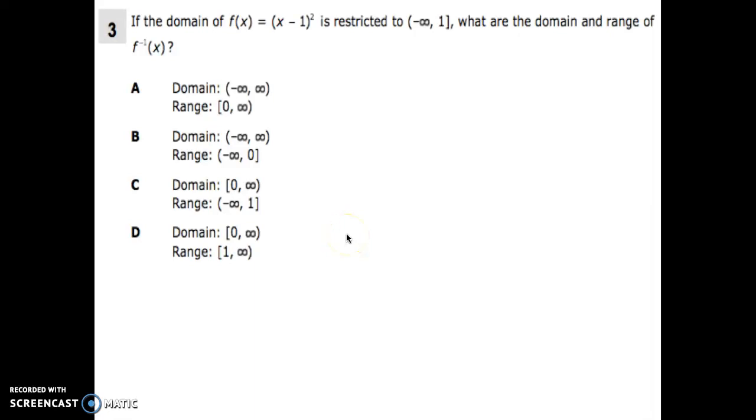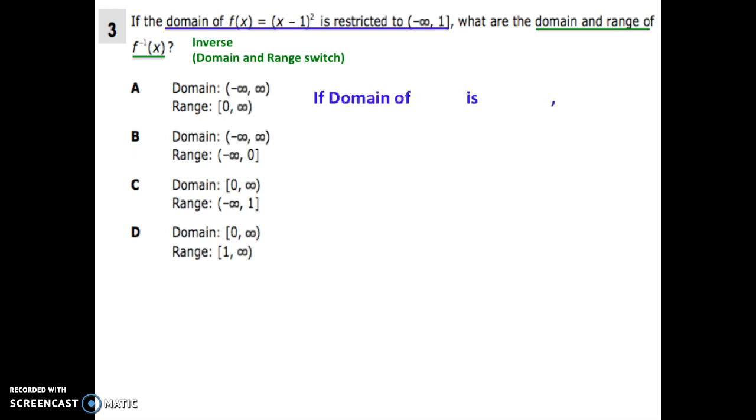In question number 3, we're given the domain of f of x is restricted to negative infinity, comma 1. So we're asked, though, to find the domain and the range of f negative 1 of x. So we're looking for the inverse characteristics. Remember that for the inverse, the x and the y coordinates switch, which also means that the domain and the range